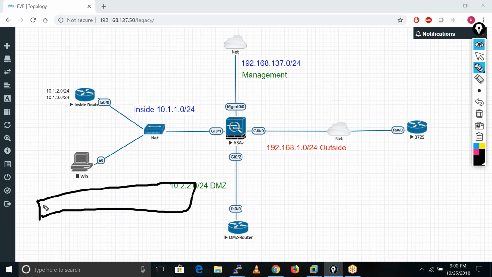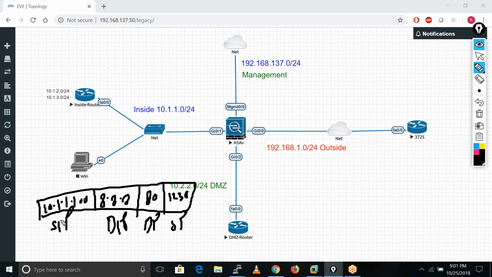What happens in this PAT? This is our inside user 100. It is going to send some request towards this public IP on port number 80. This is the source port, this is the destination port, this is the destination IP, and this is the source IP.